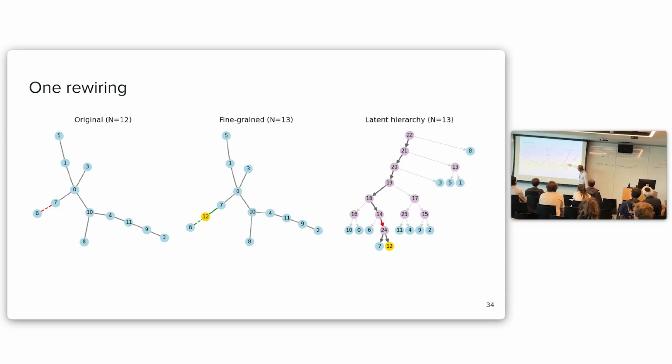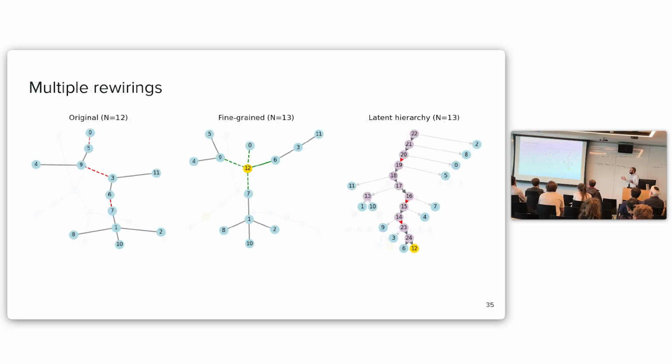So here's seed 0, and this is seed 1. Now we go down a path, and here we end up getting down to this path of latent node 14, which connected 6 and 7. And so we add a new node, 12, connected to 7, but also we're going to rewire this edge, which originally connected 6 to 7. Now, whoop, it's going to connect 6 to 12. And that indeed corresponds to what we see here: this edge between 6 and 7 got deleted. Now 6 attaches to 12, and also 12 attaches to 7.